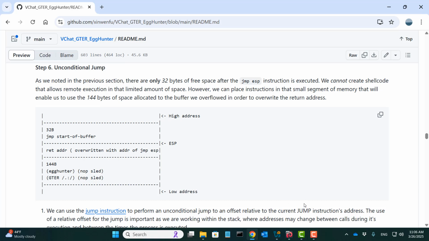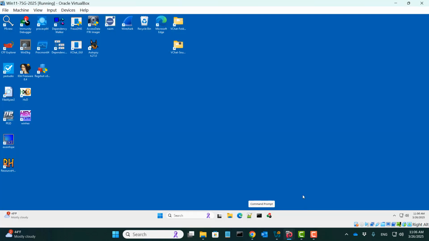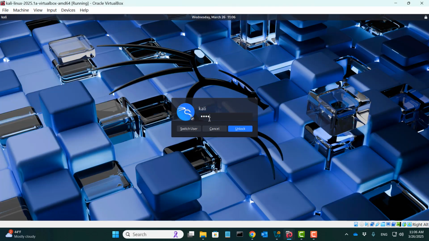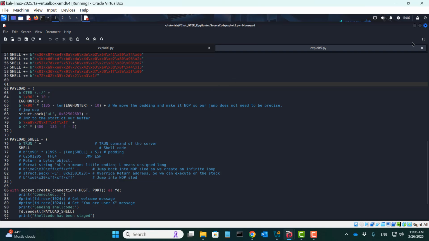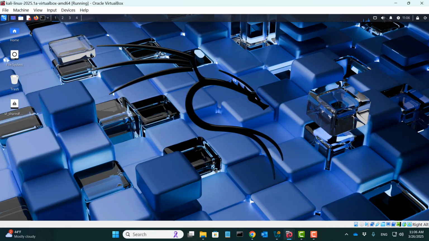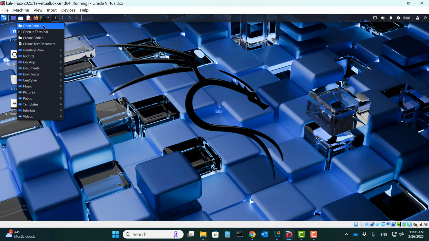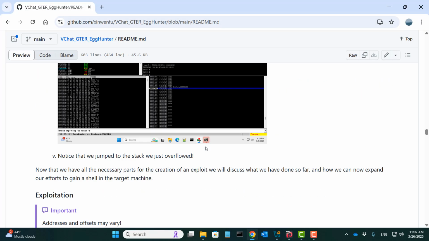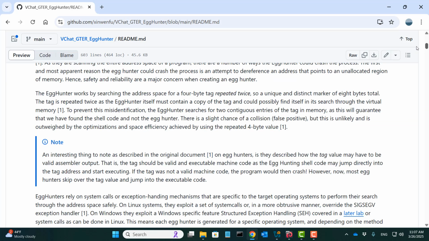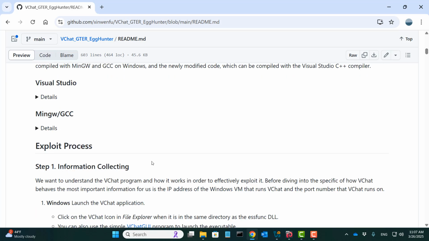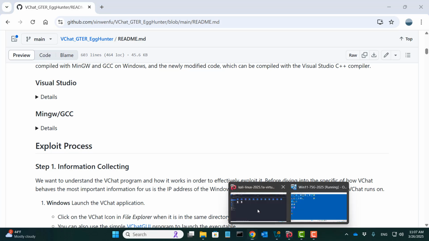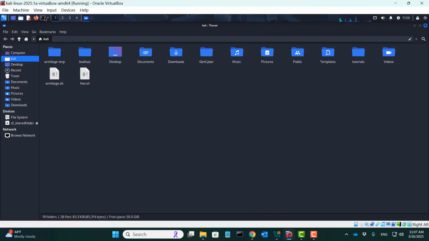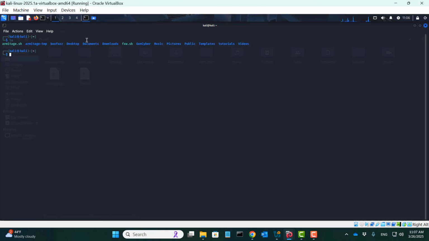Okay, so here you can see it's our Windows VM, and this is our Kali VM. Let me close this. We have all the things we already put here. Good. So let's go through this tutorial. The first step is information gathering, right? And so what we are going to do is we are going to actually start